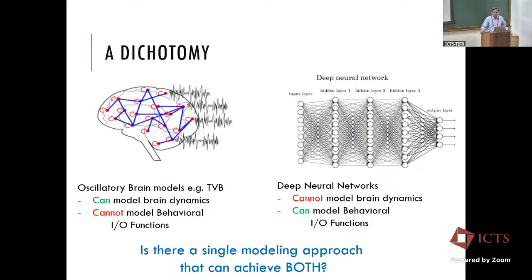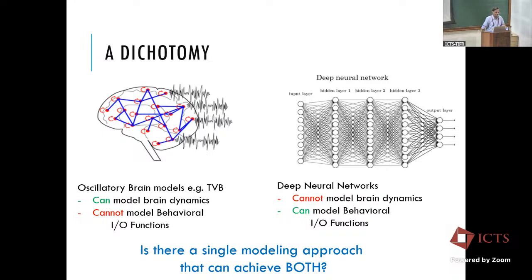So one big dichotomy you face when it comes to this kind of large-scale brain models, which is not yet solved, and I think we have a solution, is that these large-scale brain models, they can capture brain dynamics, but they cannot learn input-output behavior. Whereas if you look at the AI models like a convolutional neural network, they can learn input-output. You can classify an image or something, but cannot capture brain dynamics. So if you take a CNN, and if you probe the activity of hidden neurons, it doesn't look anything like the real brain.